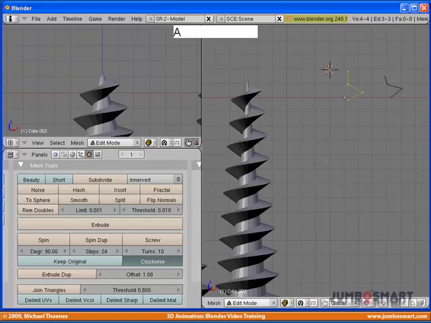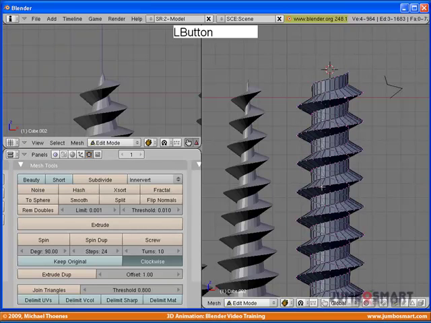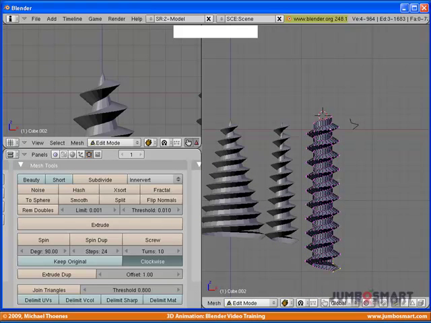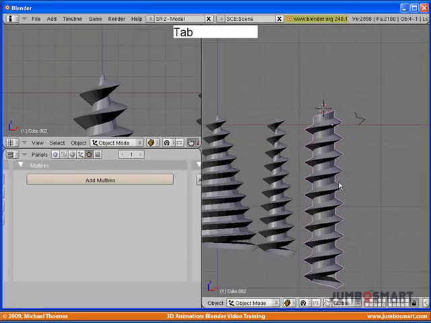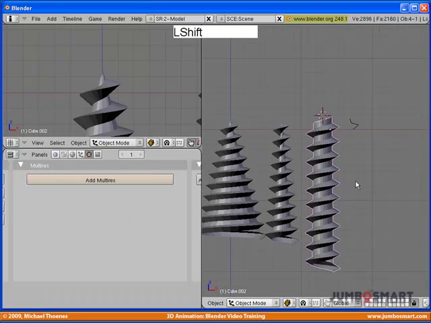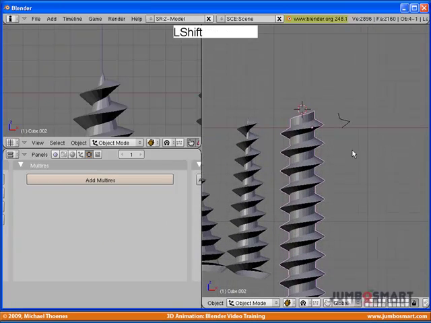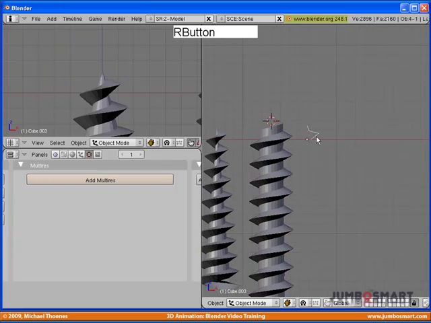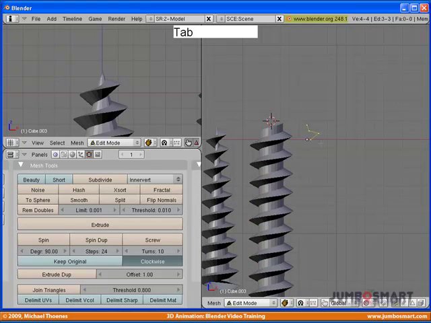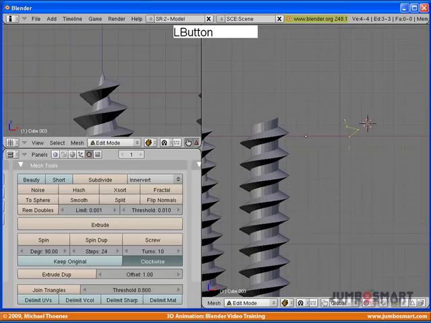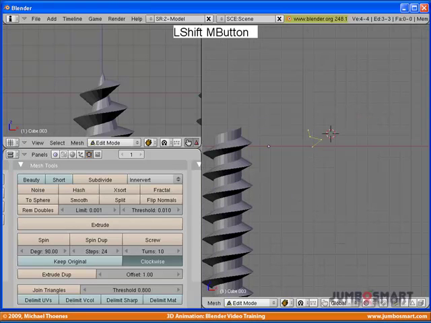Alright, do an A to select all. And press screw. Come over here and look what happened there. I did not have the 3D cursor right there on the edge. I had it moved a little bit away from the edge, and you could see that gave me sort of a tube with this thread running down it. It's really not so much of a screw as it is, well, it's not a tapered screw, it is a screw, but